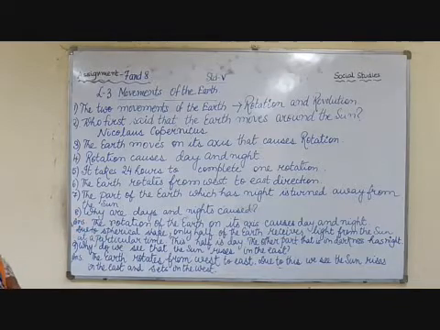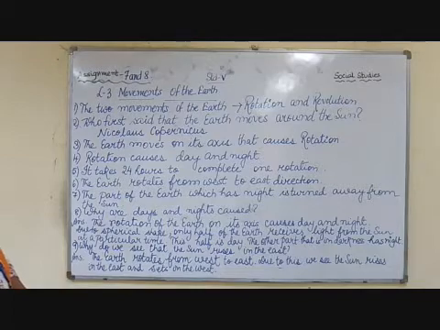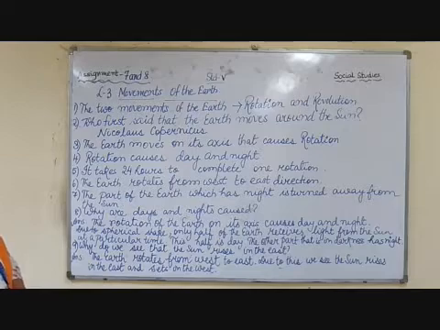Please check the answer which you have written. Once more I am repeating, the rotation of the earth on its axis causes day and night. Due to spherical shape, only half of the earth receives light from the sun at a particular time. This half is day. The other part that is in darkness is night.